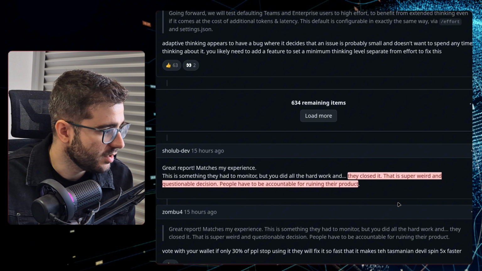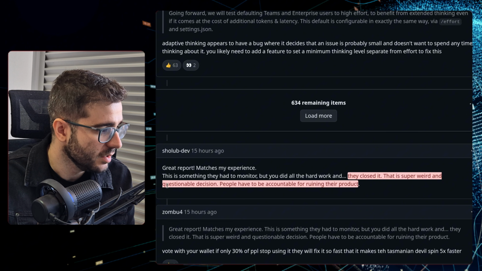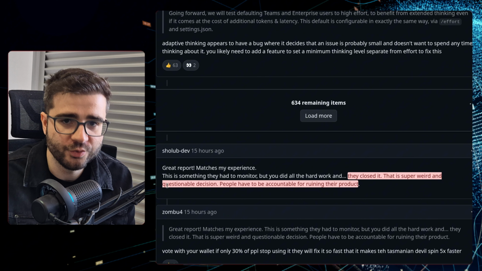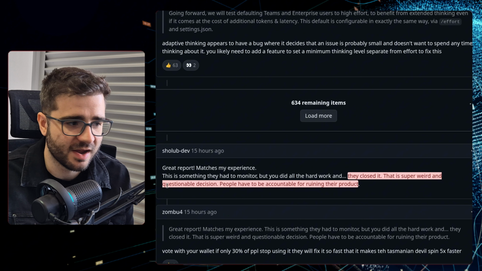That is a super weird and questionable decision. People have to be accountable for ruining their product. We also got a comment by Proxy Blue, who has downgraded back to 2.1.109 as it seems to work better. So they're kind of getting stuck in an older version of the tool.